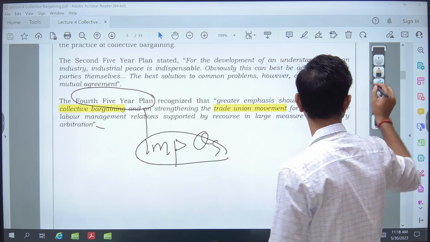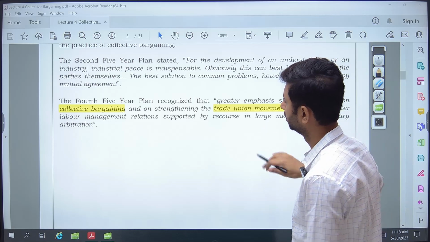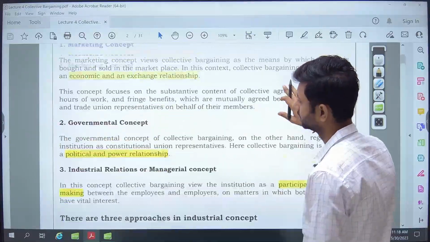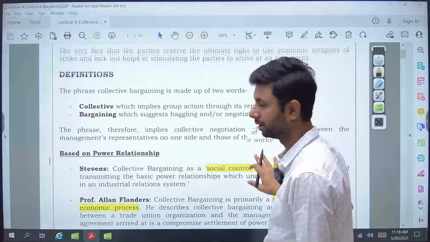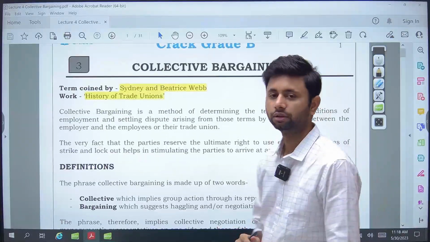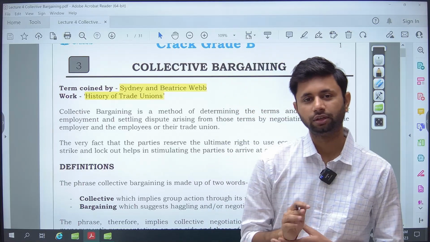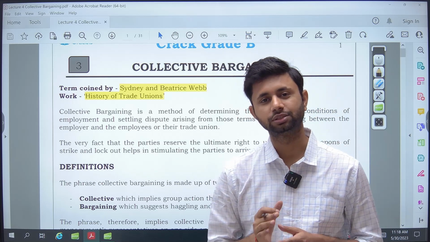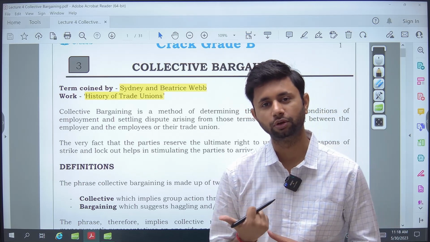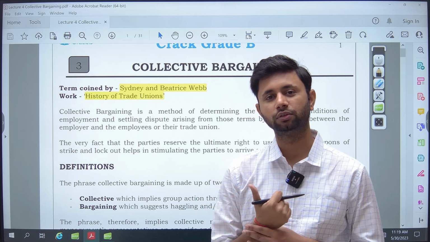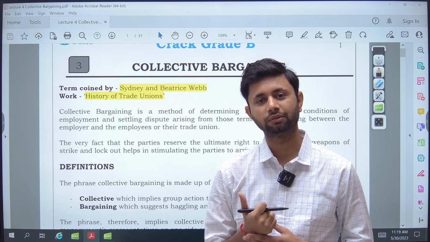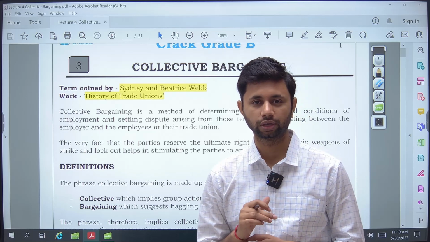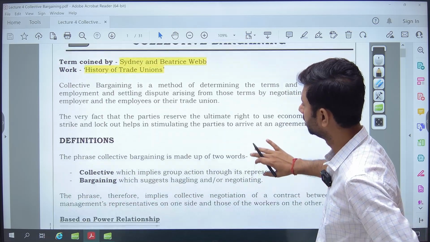Okay. So we have discussed the basic foundations of collective bargaining. We have discussed the conceptual framework of collective bargaining. In this lecture, we'll stay here. In the next lecture, we'll talk about the most substantial aspect of collective bargaining, which involves the types of collective bargaining, the process of collective bargaining, which includes different steps, and lastly, the theories of collective bargaining. Okay. So you can have a look at it.